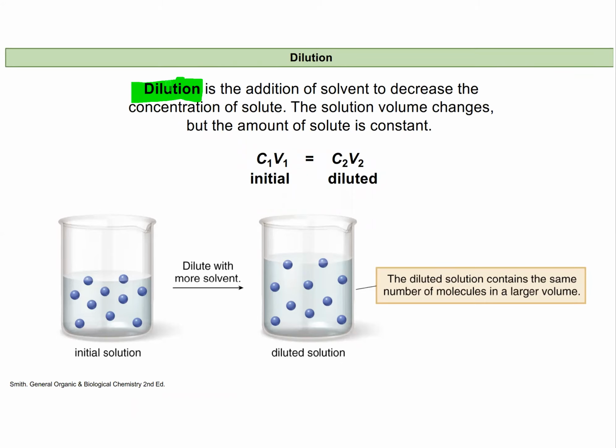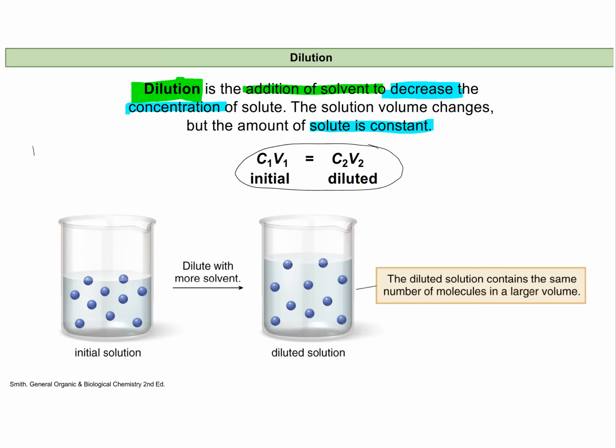So a dilution is just the addition of more solvent to a solution. And this is going to have the impact of decreasing the concentration of that solute. The thing that's special about this is what does not change is the amount of solute. That ends up being constant throughout the entire process. And it allows us then to use this handy equation